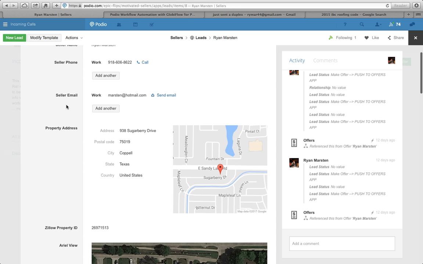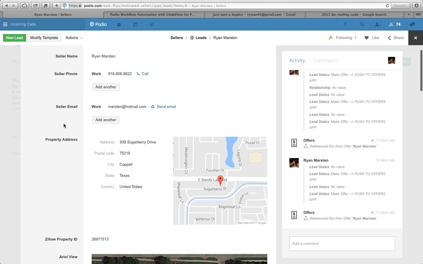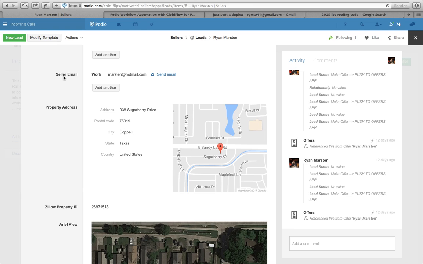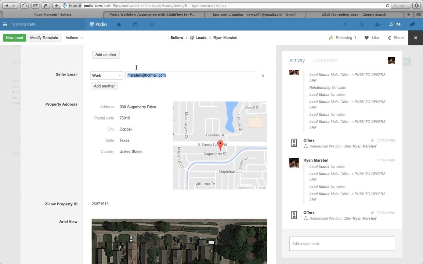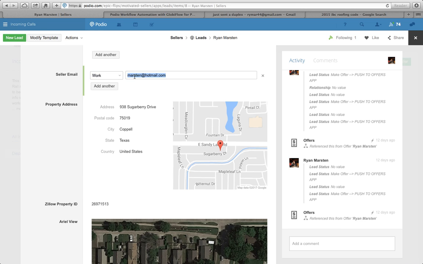That's really all the information you're going to gather out of the phone call prior to talking to them. And then as you do speak with them, an important piece of information to grab obviously is the email address. So one thing to note here is once we update this,